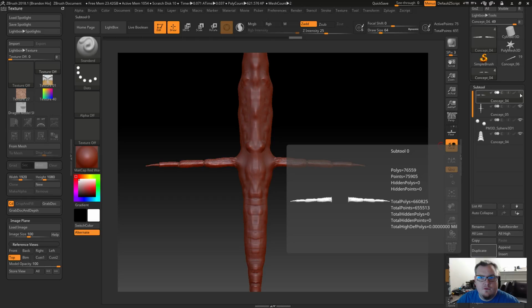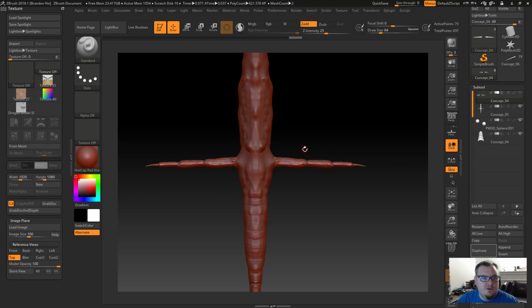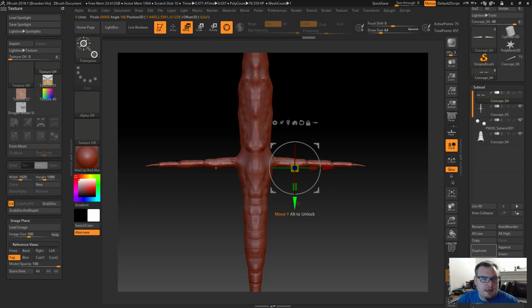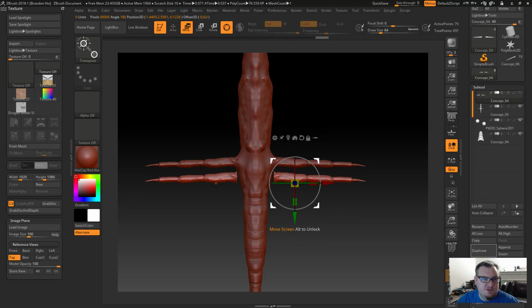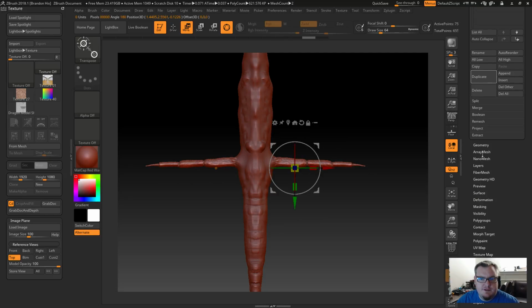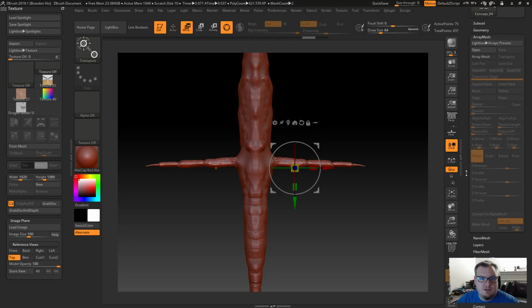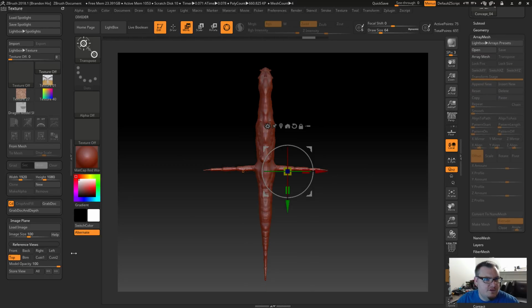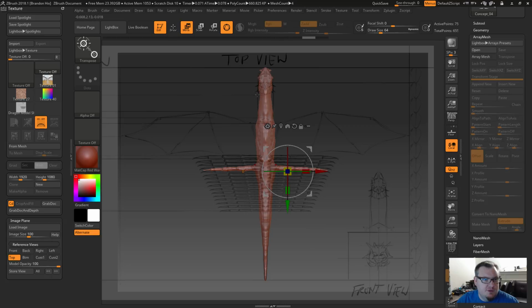And what I'm going to do is leave that first one attached, jump into transpose mode with this one. And instead of moving this around and starting to position these one by one, I'm going to use array mesh because that'll be a little faster. So let's go to array mesh. Let's make sure we're in our top view. Hit Shift C to bring back up our